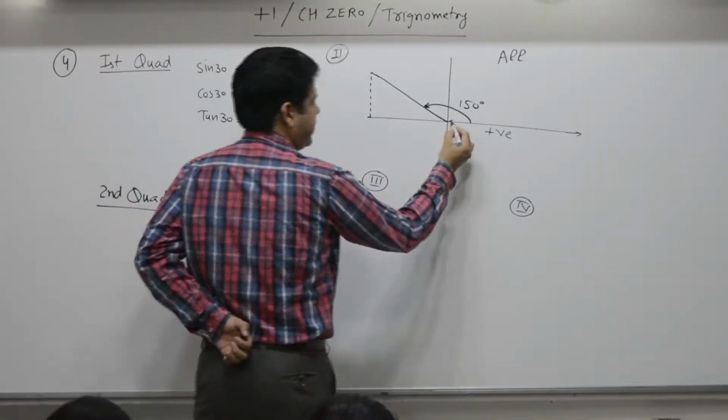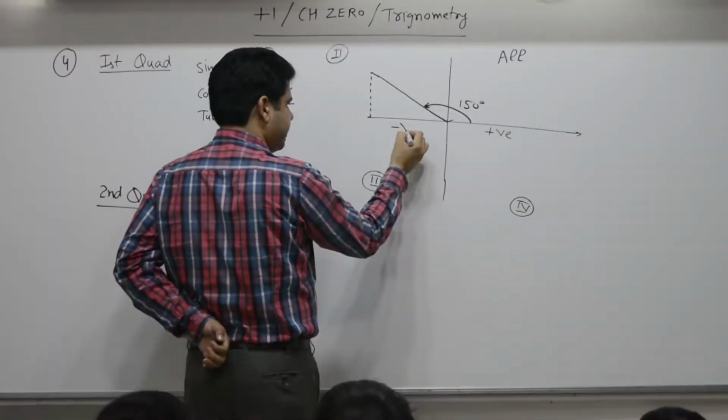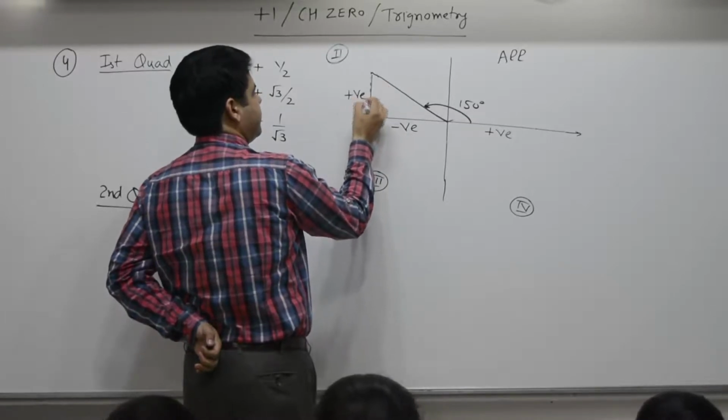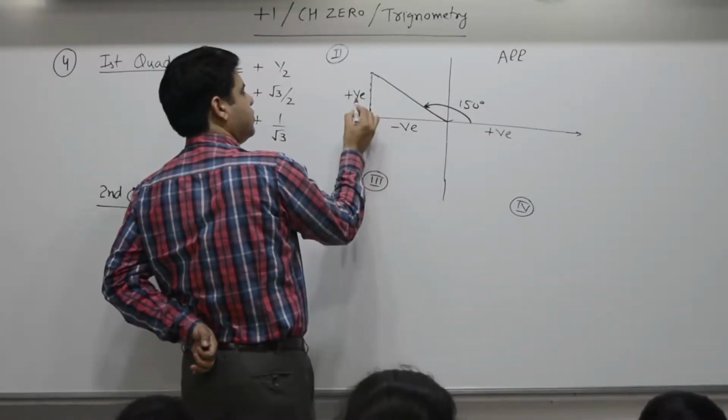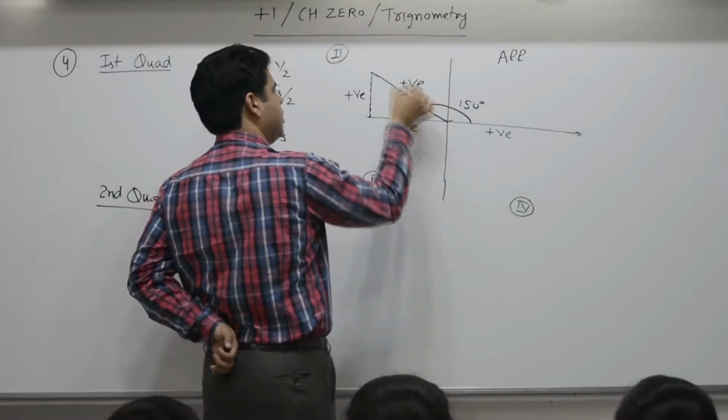If you take this to be positive, right side, then the left side is negative. This is again upwards, positive. Negative square plus positive square, that is positive. This is also positive. This is always positive, you can say.